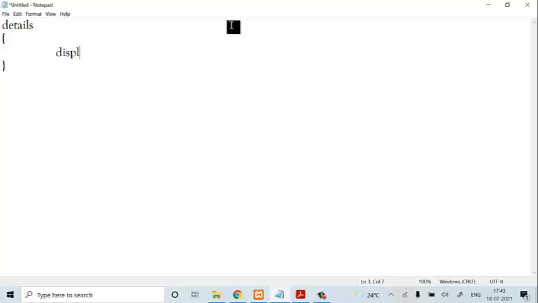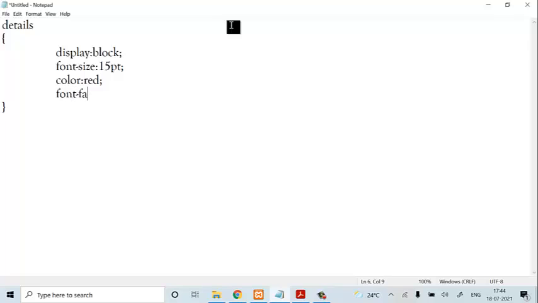So display will be in the form of block. After that, font size will be some 15 points. Font size colon, it will be of 15 points. And next I'll be writing color colon, it will be red, semicolon, and font family will be Arial.